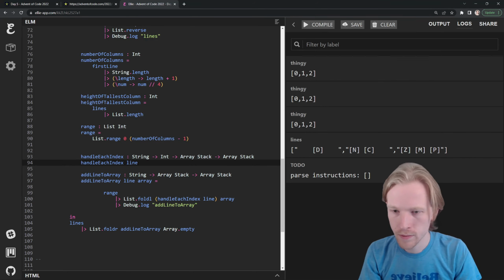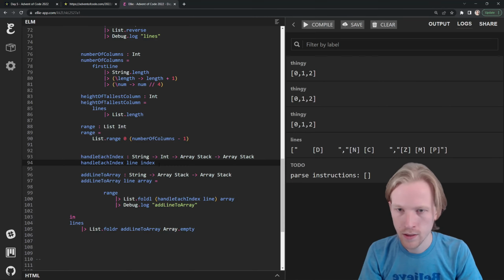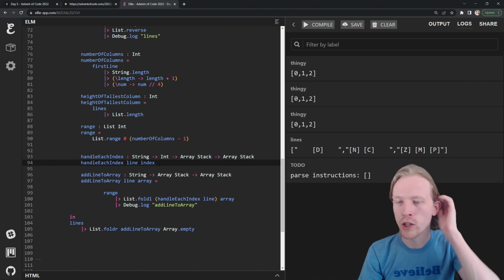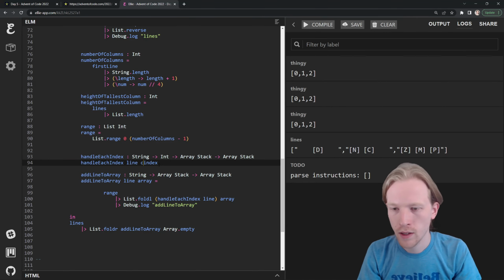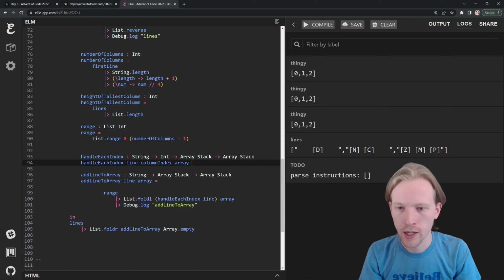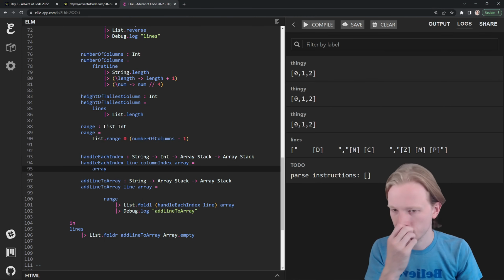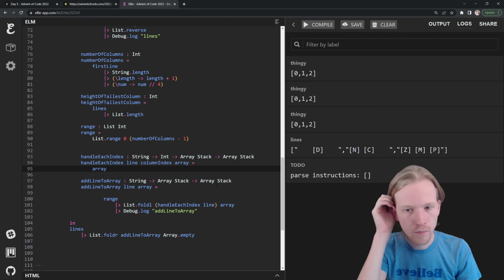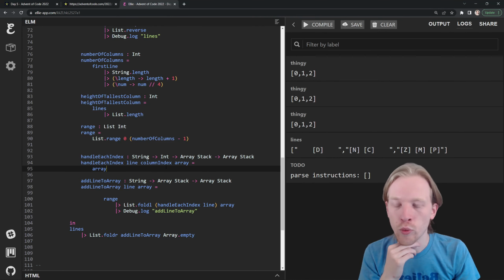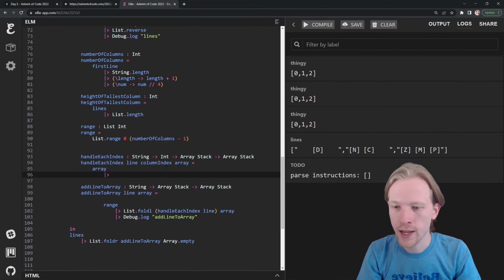It's going to take in the line, because I pass it in as the first argument here. It's going to take the index, where I should be looking, like which column I'm in. I can call this column index to make it a little bit clearer. And then it's going to take my array and return an array. So each time I come through, I think what's going to happen is it's going to say, debug log line